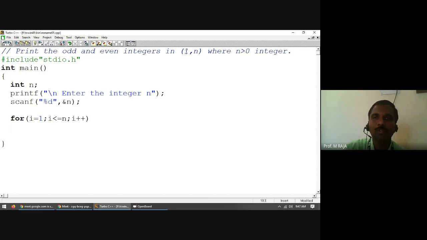Or you can have a closed window mathematically. Okay, no problem. 1 and n are now included. I is equal to 1, I less than or equal to n, I plus plus. We are checking the condition for, right, as a part of for. For example, if